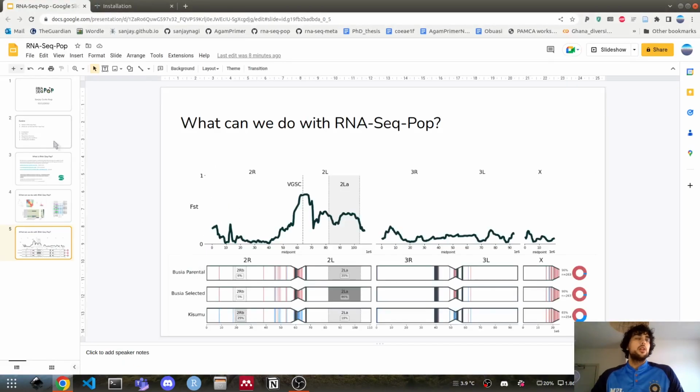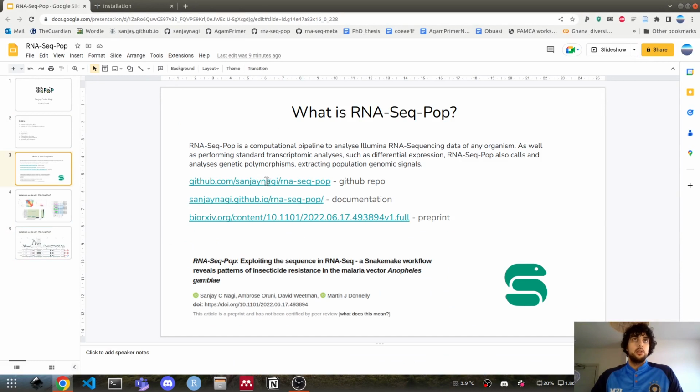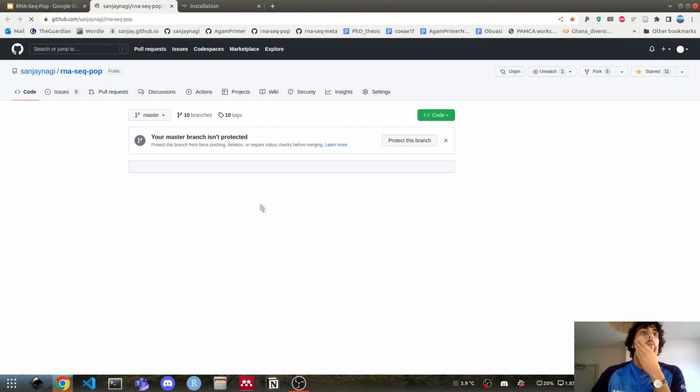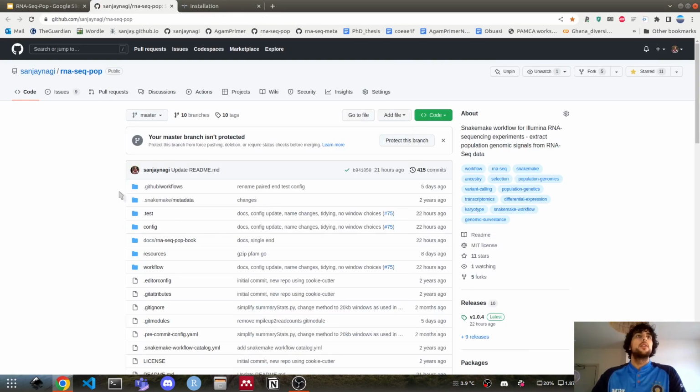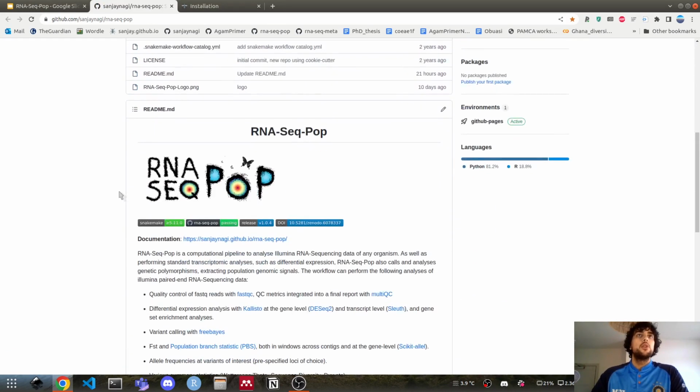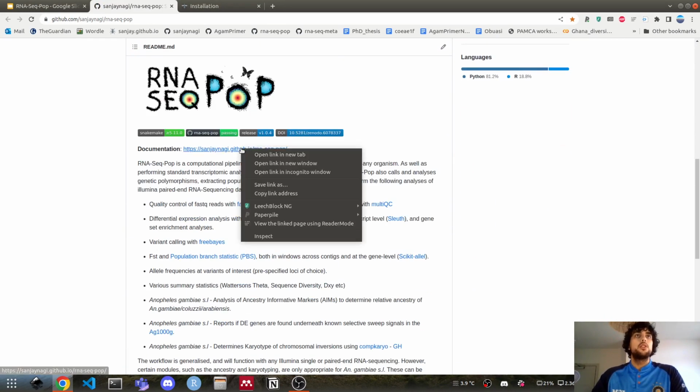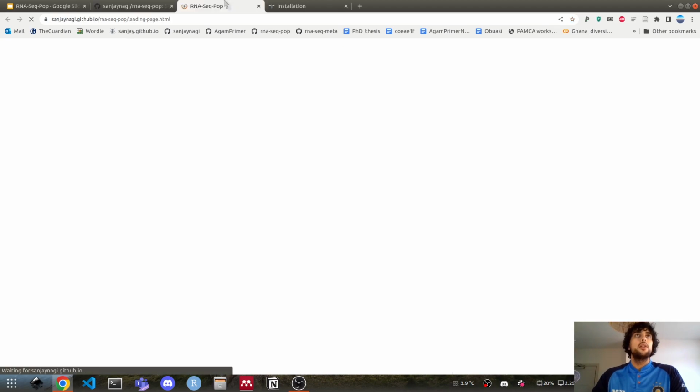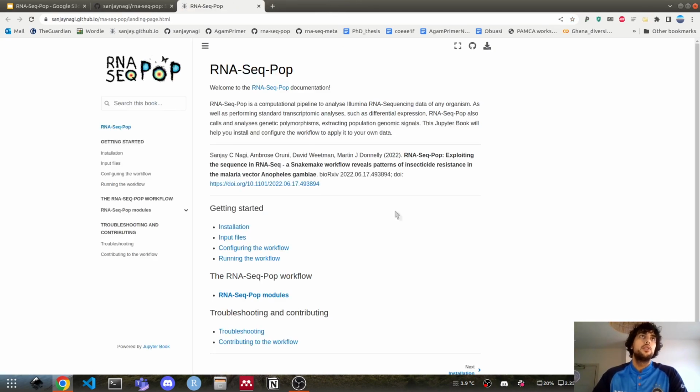Awesome. Well, let's have a look at the GitHub repository. Nice. So here is the GitHub repository. There's a link to the documentation just here, and the documentation website basically contains some of the same information that I'm going to be talking about today, but potentially in a bit more detail. And if you've got any feedback on the documentation or on the workflow itself, please just let me know by raising an issue on GitHub or just emailing me directly.